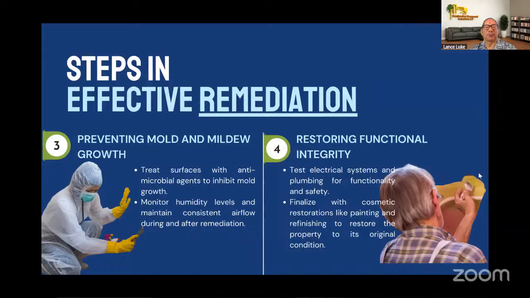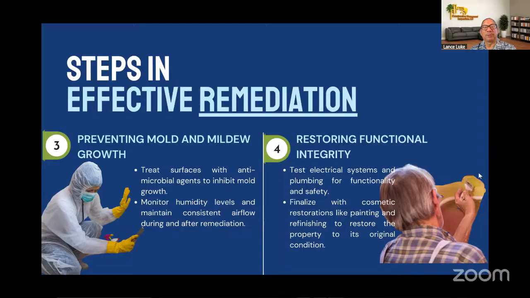Or maybe it was a flood that came from the unit above or next door, and it damaged your light fixtures, or you see water dripping from your light fixtures, or water pouring out of your electrical outlet. Well, that's a red flag. So you want to make sure your electrical's inspected and tested, your plumbing is inspected and tested,